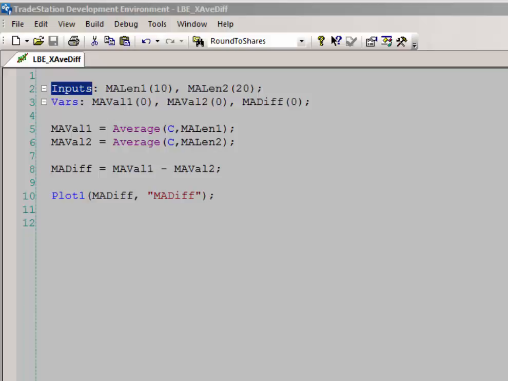I want to start off inside the TradeStation development environment and work with LBE X average diff, which came from exercise 1.03. You will notice that this has both an inputs declaration with two inputs, MA length 1 and MA length 2, and 3 variables. Now,